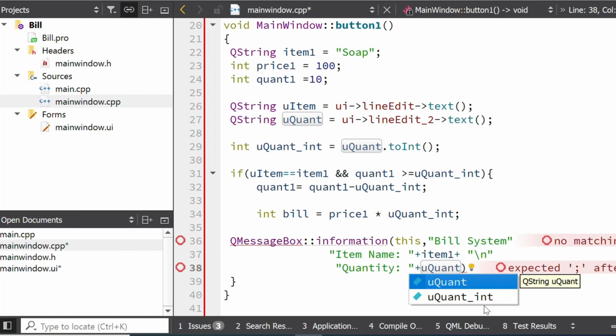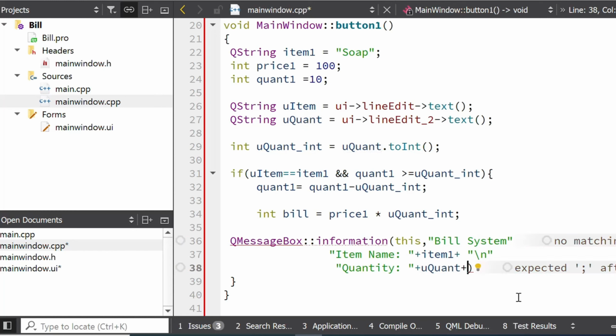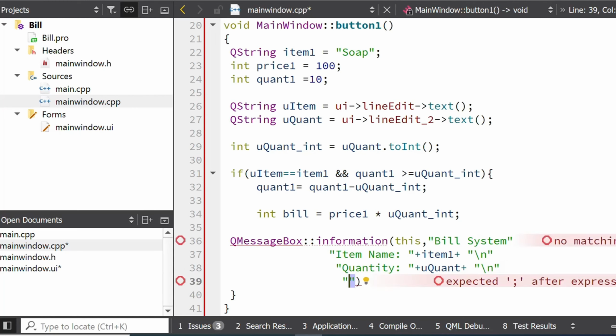Now you have to keep in mind one thing: whichever variable you are using here should be string type. So here this is u quant, and then I will concatenate it again. Now I want to display the next information on the next line, so here I will use backslash n, and now I want to display the total bill. So here I will type the string total bill